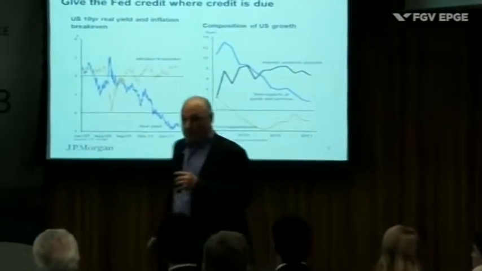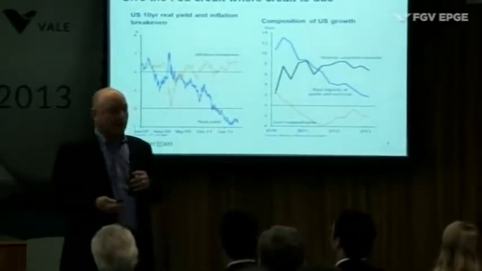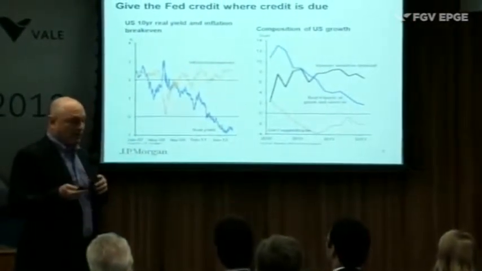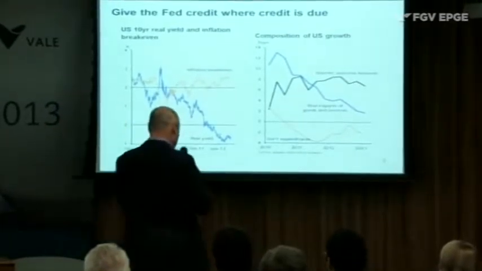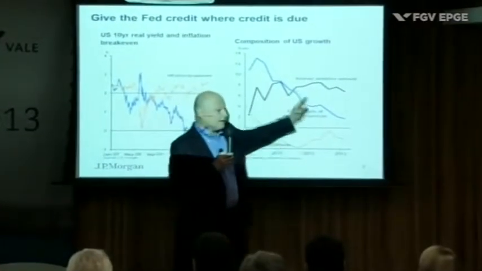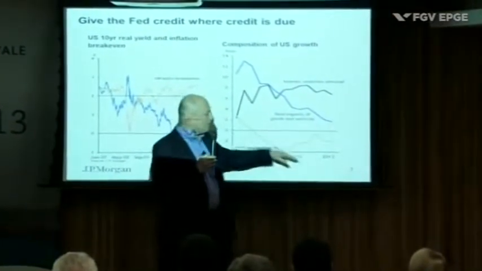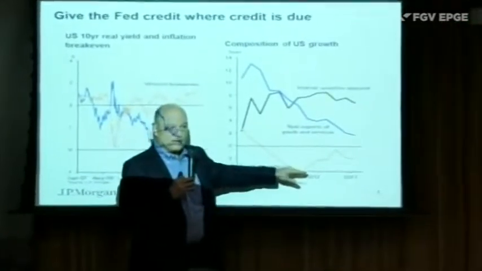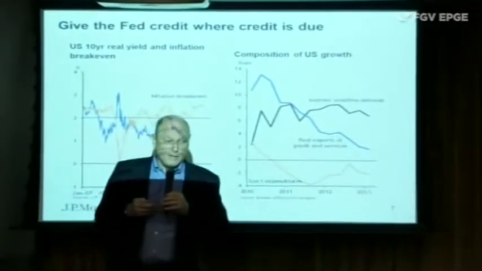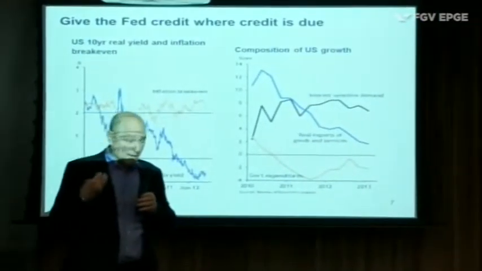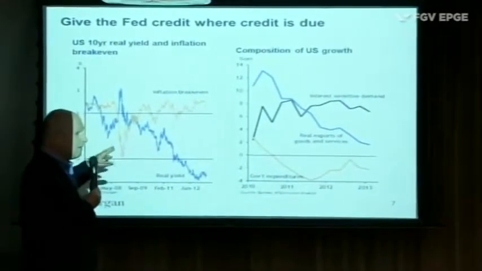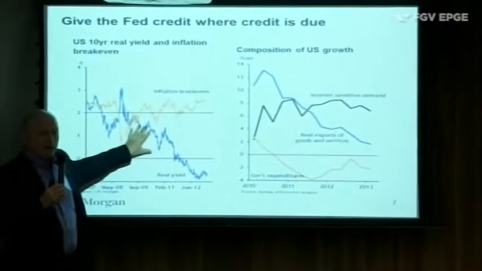The U.S., as has been noted, and I think everybody can see, has not done that well over the last couple of years. But as I noted a minute ago, relative performance has been good. And then look at U.S. performance from the composition of growth. The U.S. has been suffering a significant deterioration in external performance. The U.S. has been suffering a significant tightening in fiscal policy. And the U.S. has been held up and supported in a very big way by interest-sensitive demand, consumer durables, housing, and business investment. And I don't think you want to put entire weight of that on the Federal Reserve, but